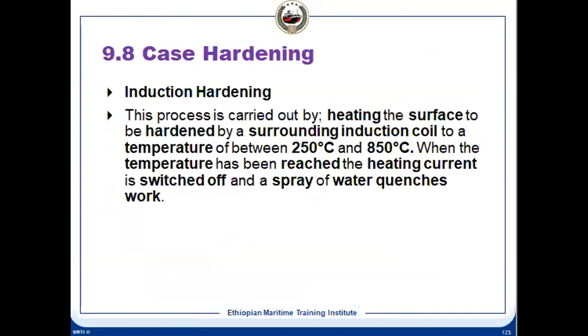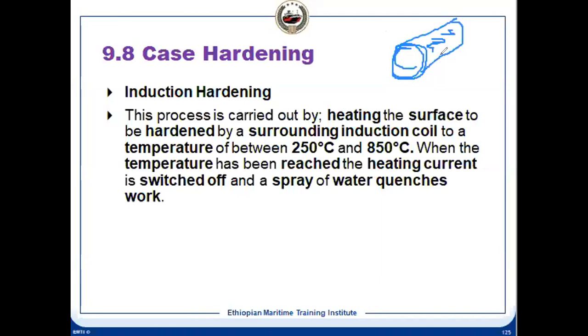Now there is case hardening. What is case hardening? Suppose we have a component with this cross-sectional area, and we don't want the inside to be hard, only the outside. So we make the surface harder. This is called case hardening. Why do we call it that? Because it makes a casing. The inside will be tough, that is, the ductility will be there, and on the outside surface we make the hardness. There are different ways we can do it.